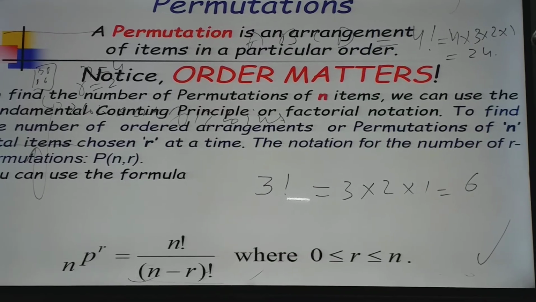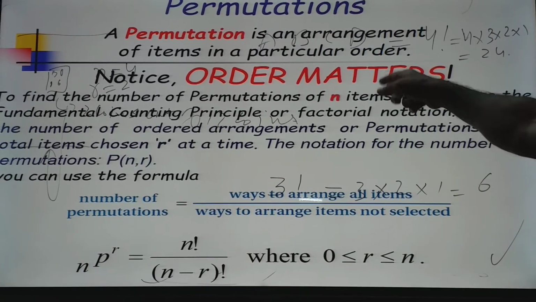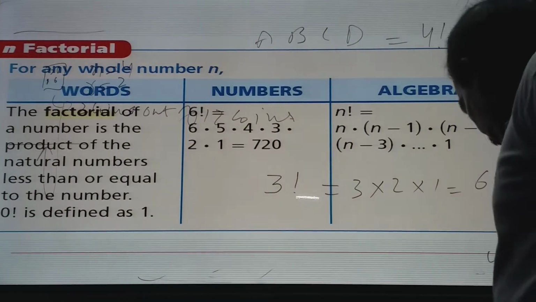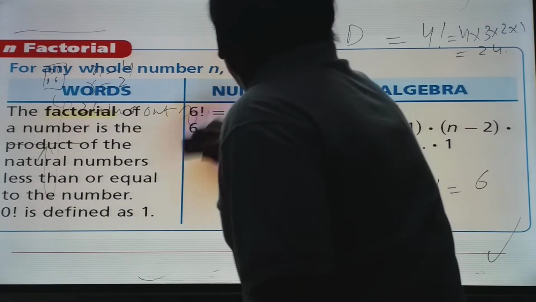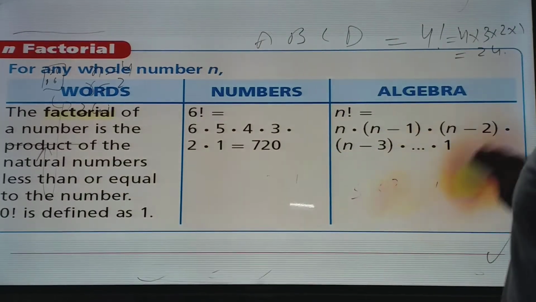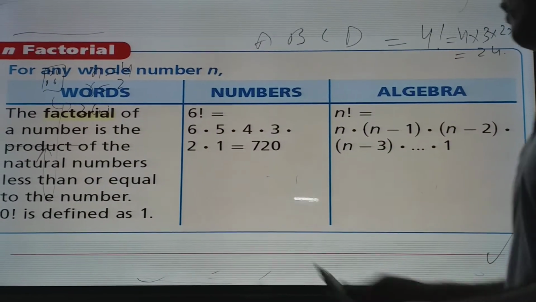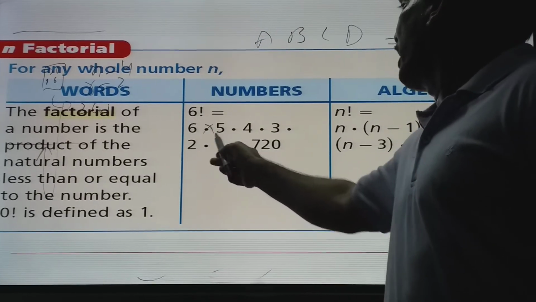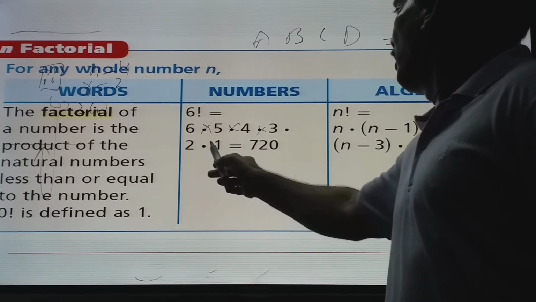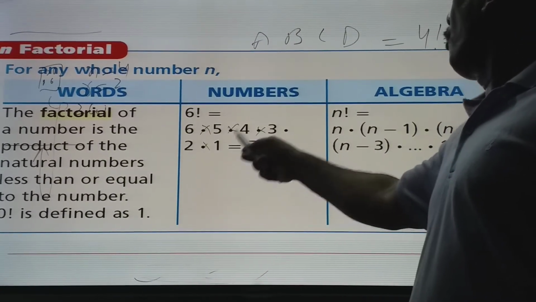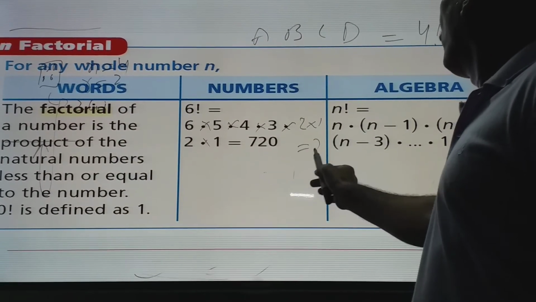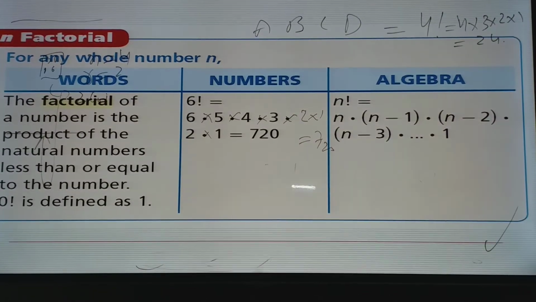Then you will come to know permutation, in which the order is important. Now factorial. For example, if you are given 6 factorial, you can write 6 factorial in descending order, like 6 multiplied by 5, it is a multiply sign, right? Not a dot, not a decimal. 6 multiplied by 5 multiplied by 4 multiplied by 3 multiplied by 2 multiplied by 1 is equal to 720. So this is how you write the factorial.